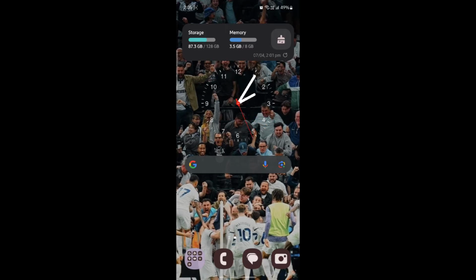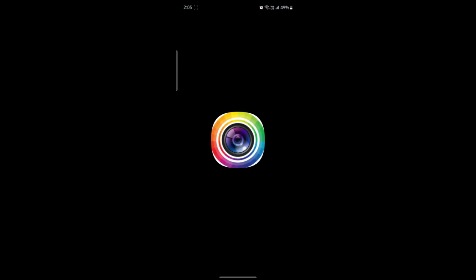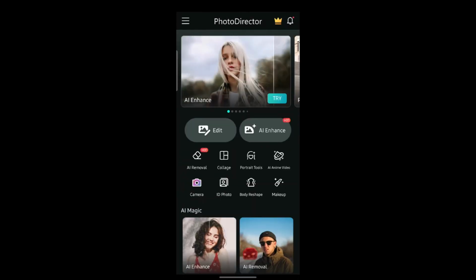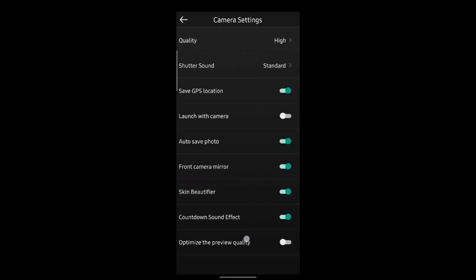In this video, I'm going to teach you how you can change the camera settings in Photodirector. Go ahead and open Photodirector, which is on your phone. Now, tap on the three lines which you can see on the top left hand corner. You can see camera settings. Go ahead and tap camera settings and you can see there are some of the things which you can change,